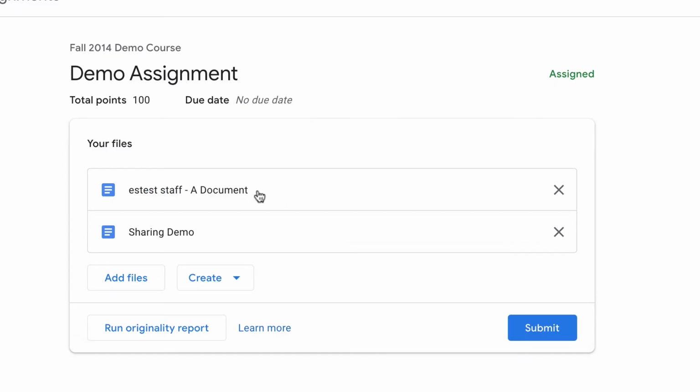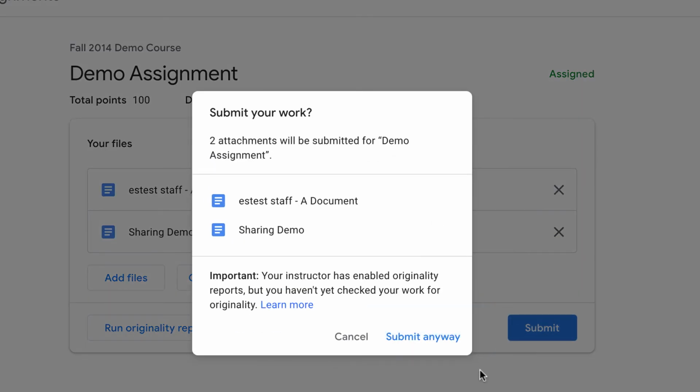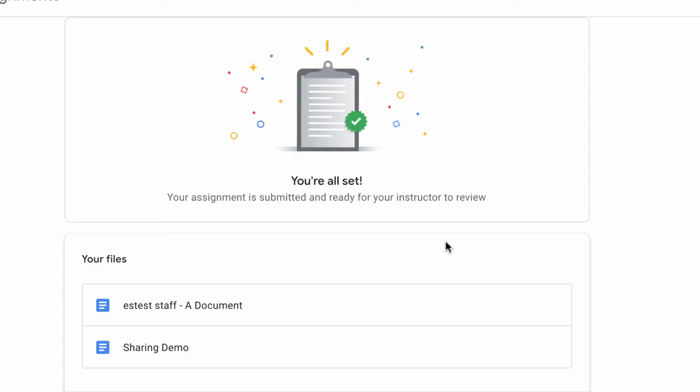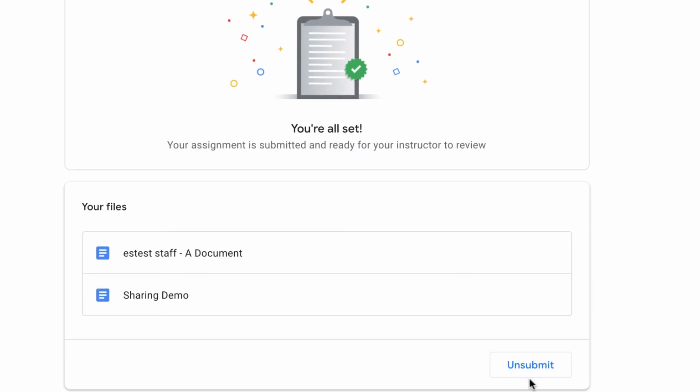You still see the template in the Your Files area, because if we were going to edit it, we just have to click it and edit it. I'm going to hit Submit. It's going to ask about plagiarism checking. We're not worried about that. We're going to hit Submit anyway. It will turn in the assignment. Now, until the due date, your students are actually able to unsubmit their assignments just by hitting Unsubmit until you've actually had a chance to view them.